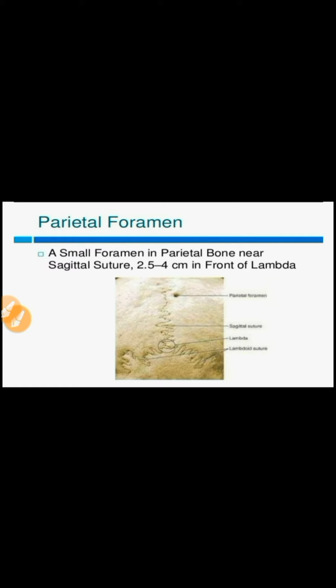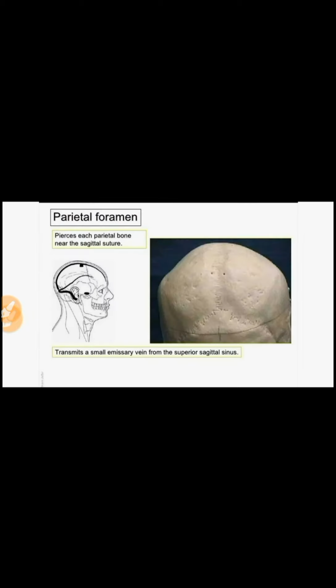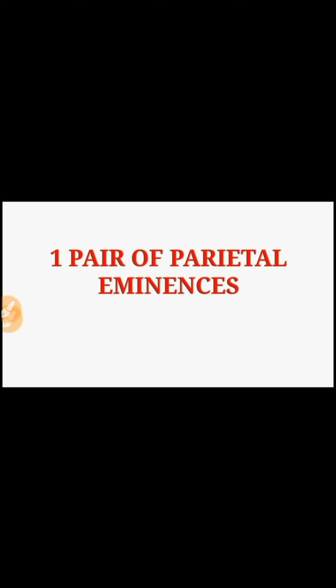So it connects the superior sagittal sinus, overlying the sagittal suture below, with the extracranial veins of the scalp and the meningeal branch of the occipital artery. You can see the connection there. I told you the emissary veins' advantage is they maintain the intracranial pressure, but the disadvantage is they act as channels of infection.